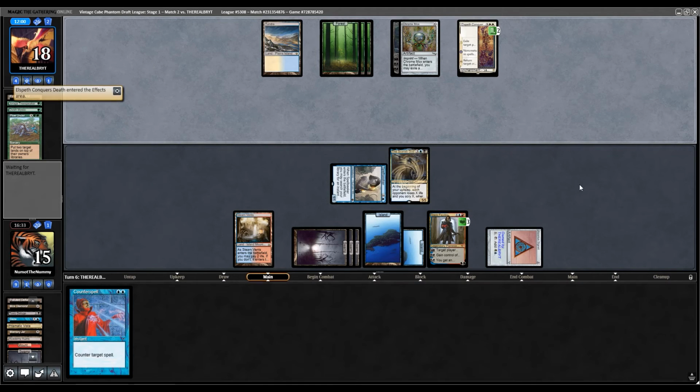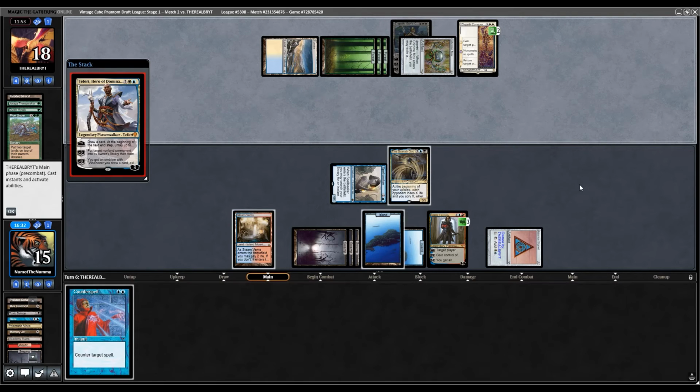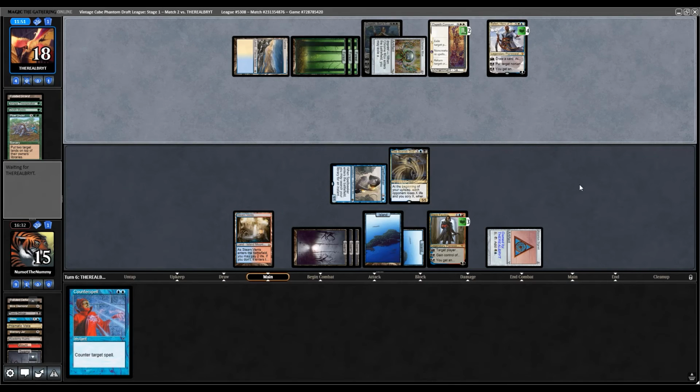So we can steal both of their creatures in their graveyard before they get to return them, potentially. They drew Teferi. Holy crap. I mean, I guess if they just tuck my Scarab God, that doesn't really accomplish much. Oh, sure it does, because I can't kill...